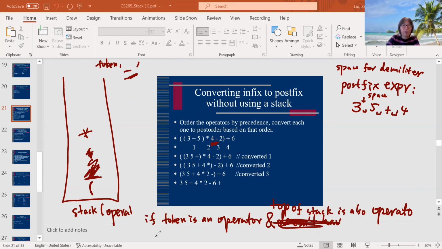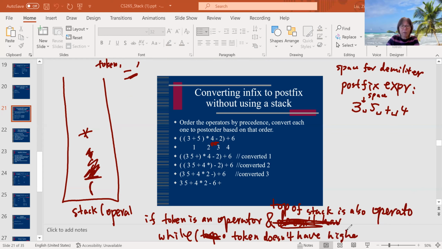So over here it involves a loop: while the token doesn't have higher precedence